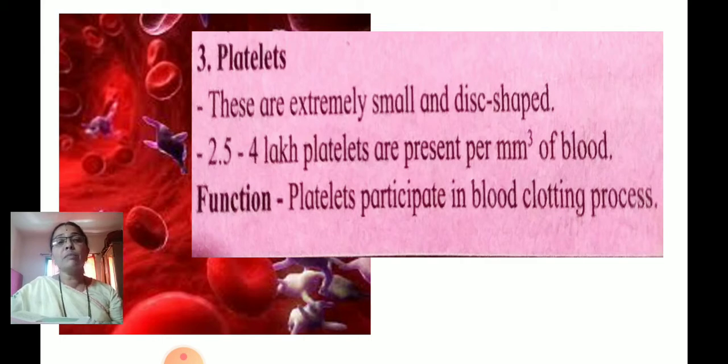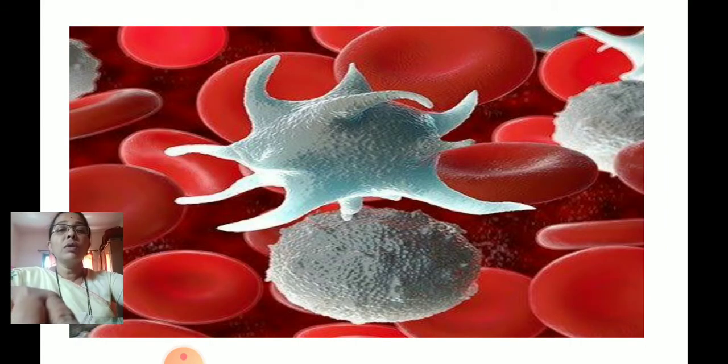Sometimes these platelets are increased in our blood, and sometimes they get decreased. If the platelets increase, then there is a disease condition inside our body. So this platelet helps for blood clotting. You could see the picture of the platelet. All these three things are there: the red blood cell, the white blood cell, the round white color, and these are the platelets, which have spine like structures on them.